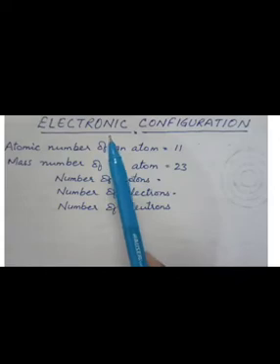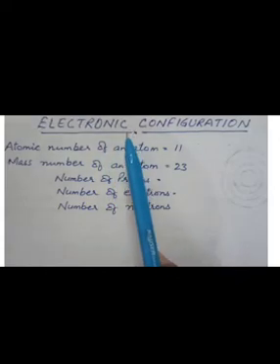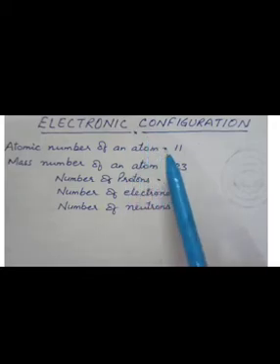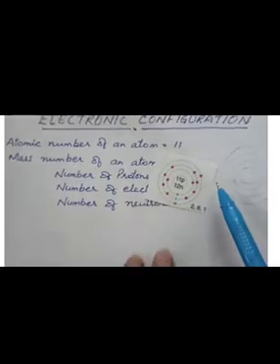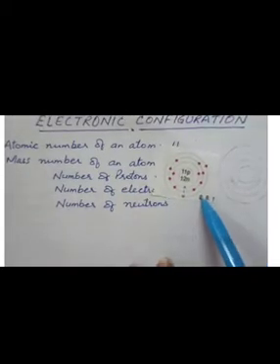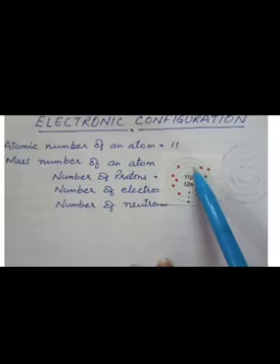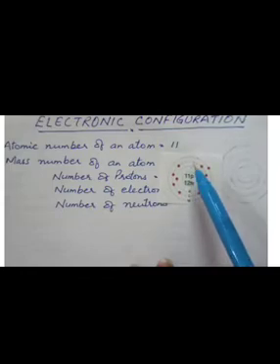Electronic configuration is a distribution of electrons in different shells. How the electrons are distributed in different shells. For example, suppose this is a structure of an atom, right? And the center part of an atom is called the nucleus. Now in the center, what are present? Protons and neutrons are present, right? And electrons, they are distributed in different shells. What are these called? 1, 2, 3. What are they called? Shells, right? How the electrons are distributed in shells.